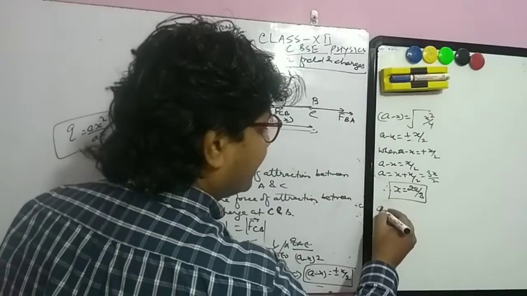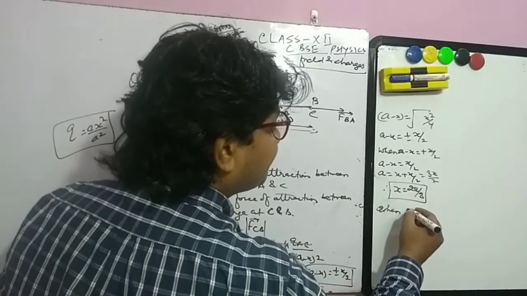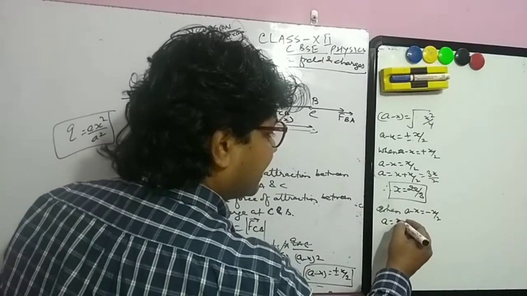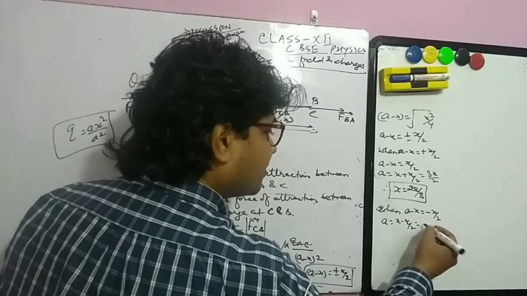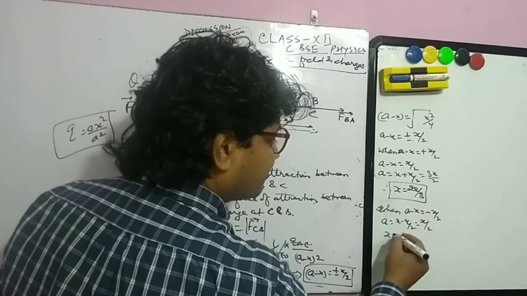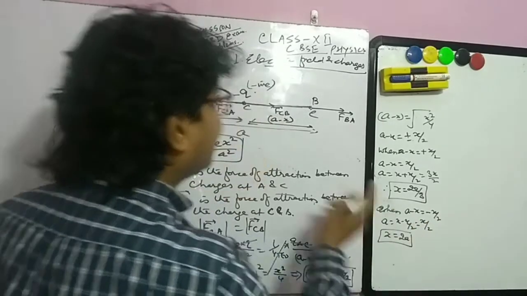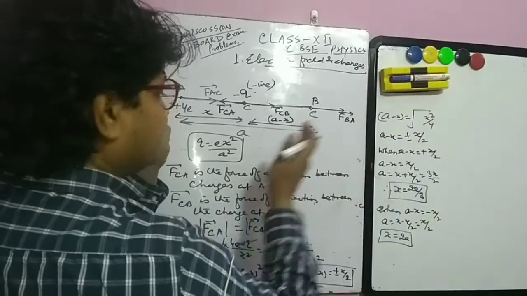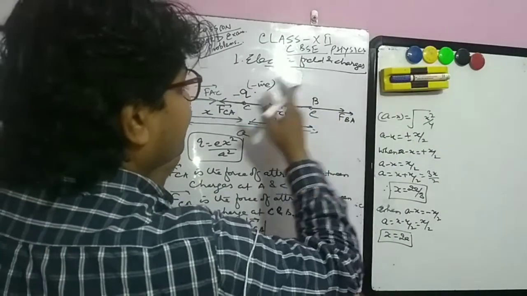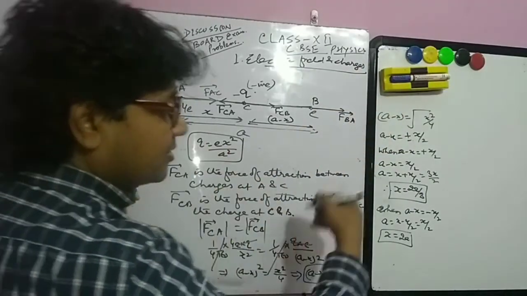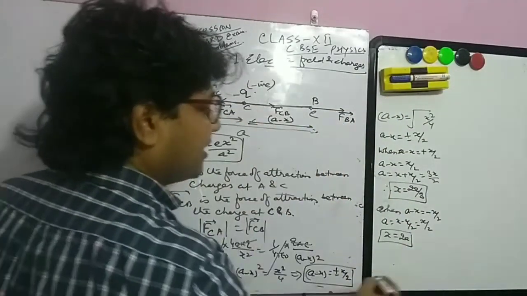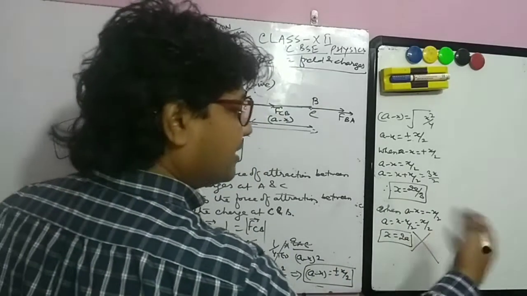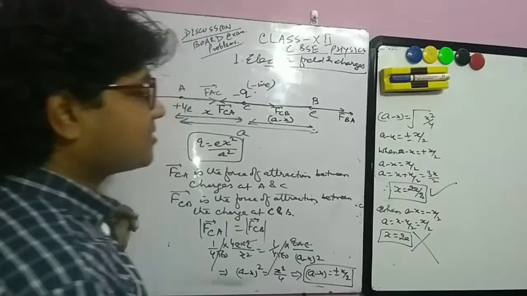Now when we are taking the negative value, A minus x is equal to minus x by 2, so we are getting x minus x by 2, so this will be equal to x by 2, so x will be equal to 2a. And if we are taking x equal to 2a, it means this charge is going outside, so this is a, it means it will be twice, and this is outside the charge, it is not between 4e and e, so this is not considered, this value we can discard, so we have to take only x equal to 2a by 3.